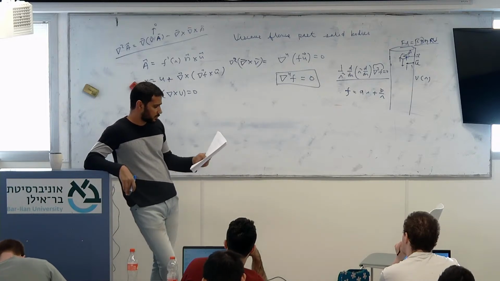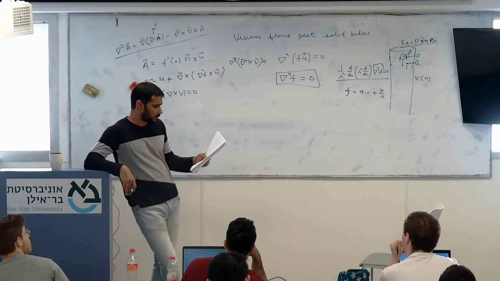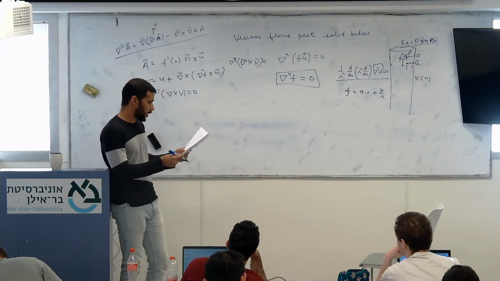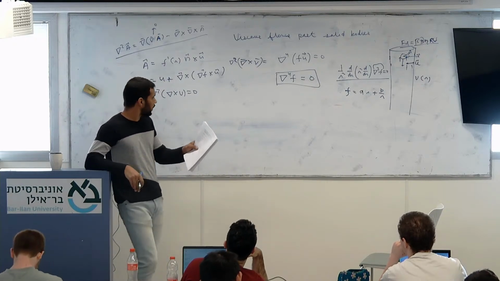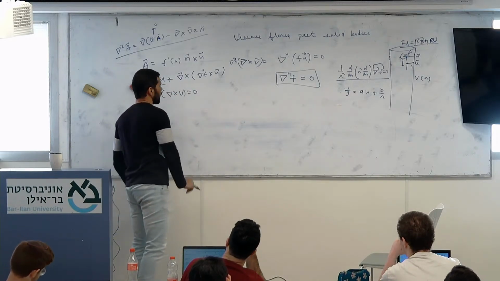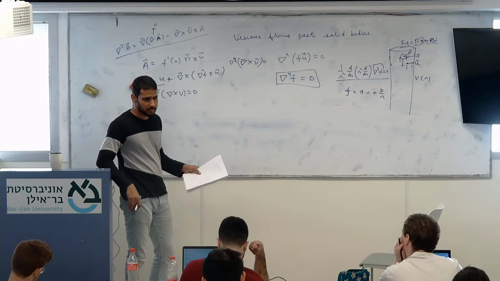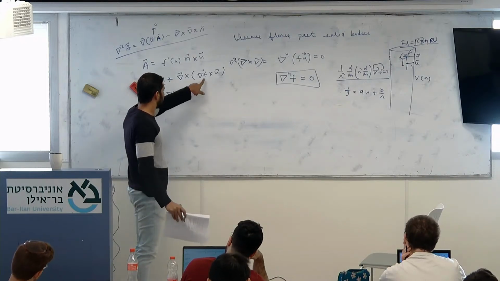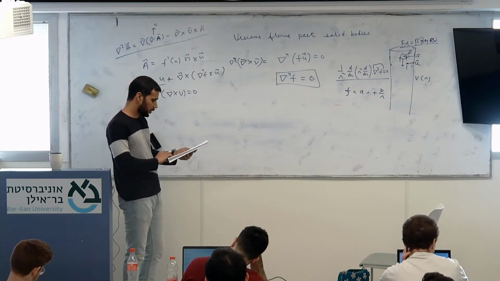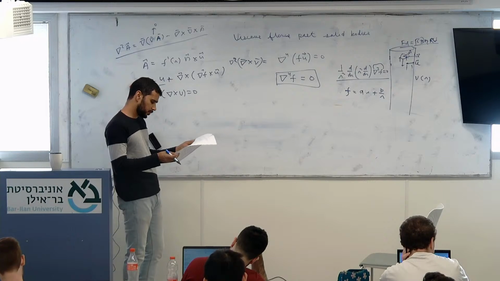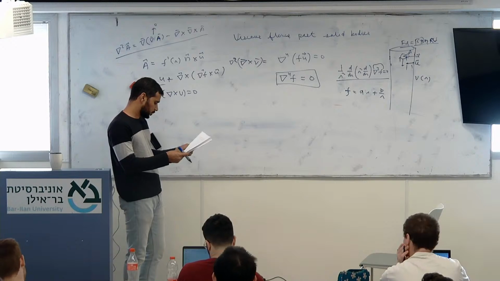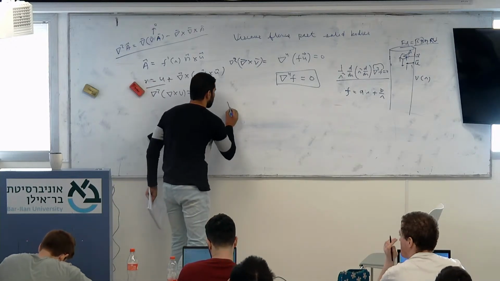Then what will you do? What do we do with f? What was the expression of v? We use f to find out v. Put the expression of f in the expression of v here, and find out the value of v. You just take the gradient and the curl and then find v. So v comes out to be